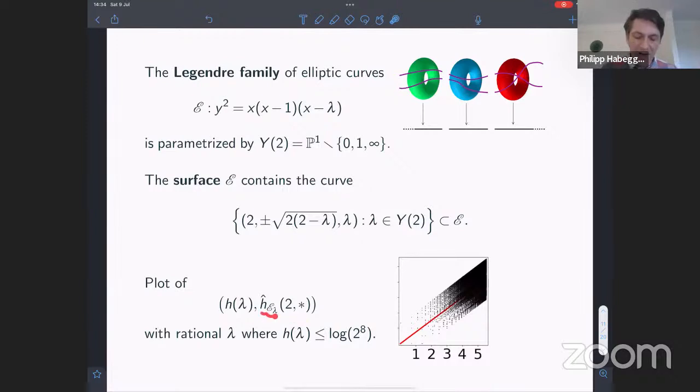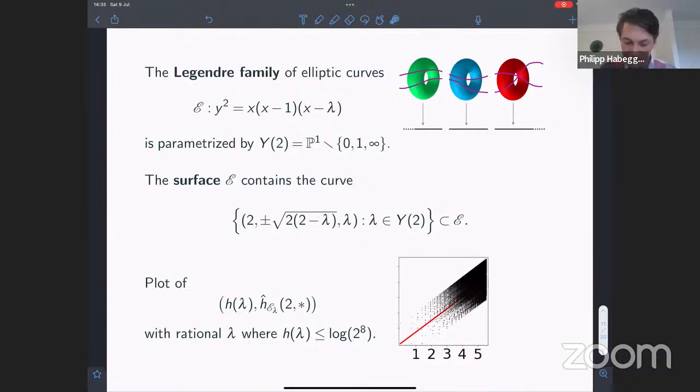Now, the Néron-Tate height function is varying across this family. So this is not going to be constant here, as I let lambda vary in general. And in fact, I create a plot here on the lower right. You'll see black dots. And for the black dots, the x-coordinate corresponds to the height of lambda, running up to